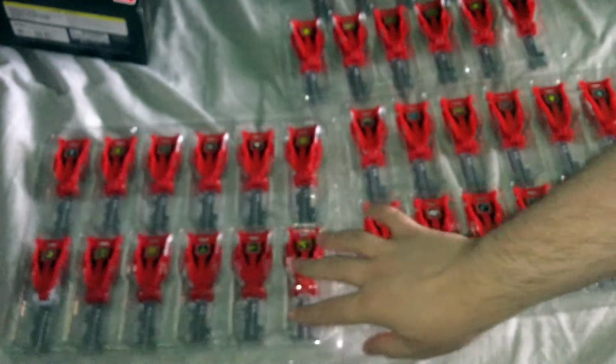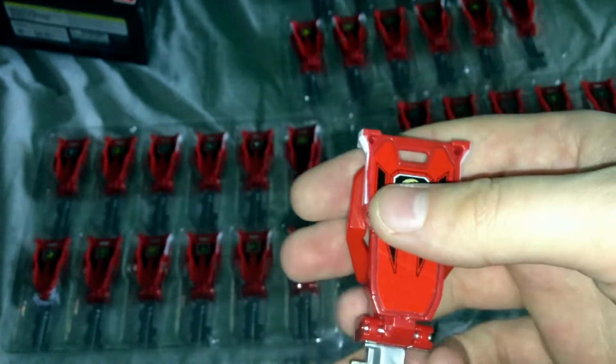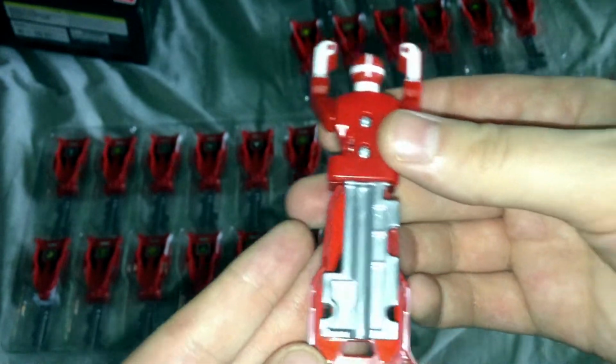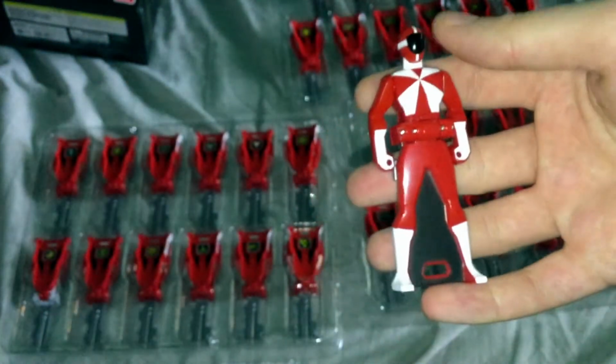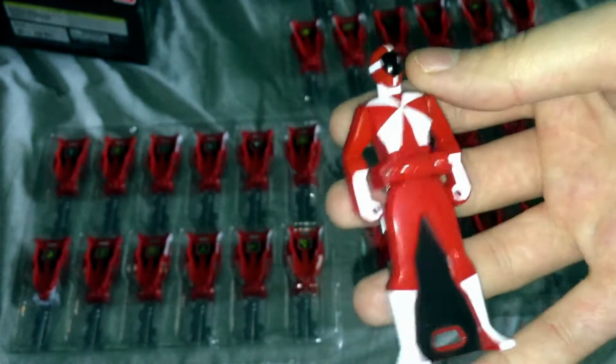And then we get on to the third batch of keys with, I cannot remember this one. It's Go-Go 5, there we go. So yeah, aka Power Rangers Lightspeed Rescue, which I think they actually, since these suits were also kind of minimalist,